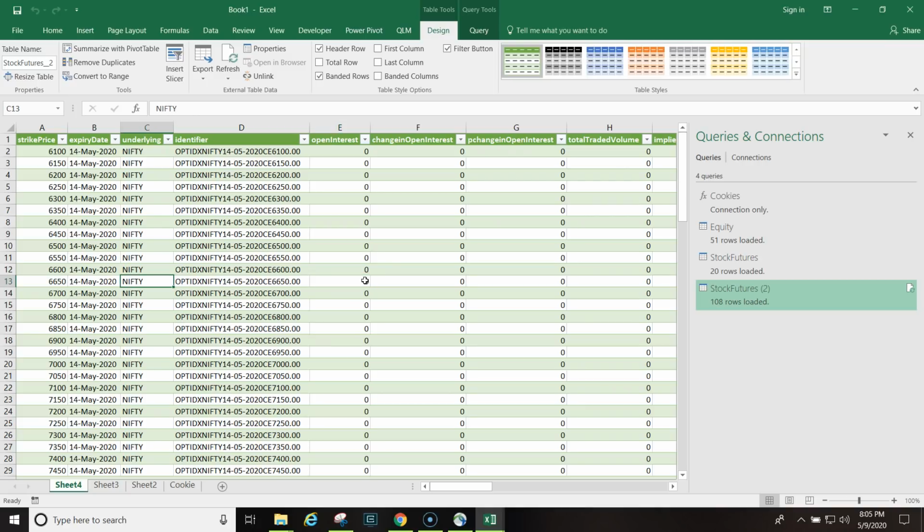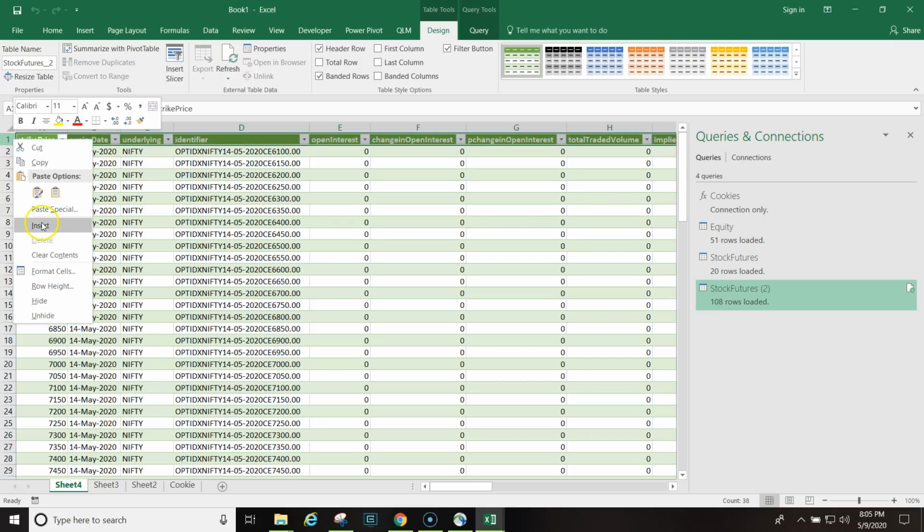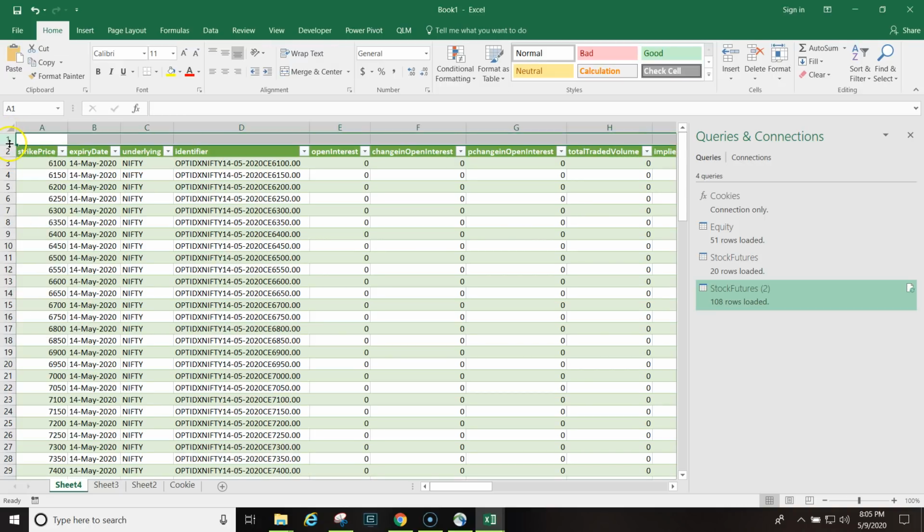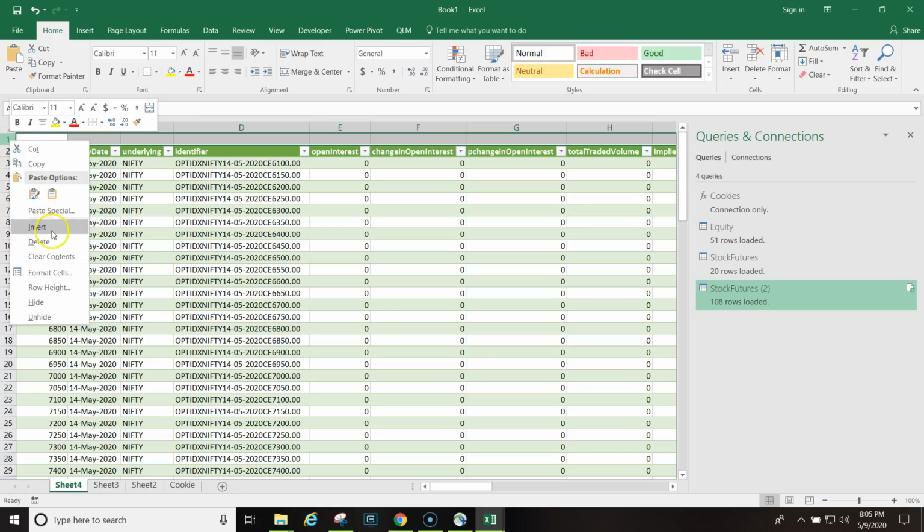Okay, but now what we need to do is make this symbol specific, I mean dynamic, and also the expiry date dynamic. For that we need three parameters. Let me tell you what that is. Before that, maybe just give insert. We can add the values here. Okay,